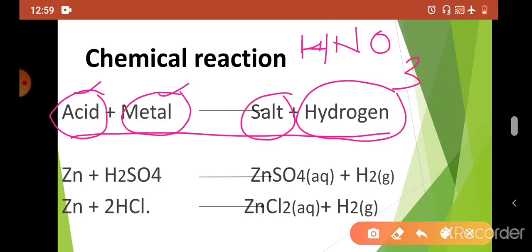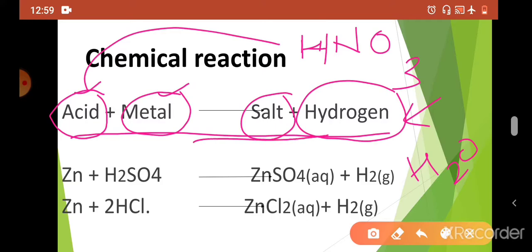So instead of hydrogen, it's going to produce what? Water, H2O. So if you take this acid as HNO3, it's going to give you H2O instead of hydrogen. But for the rest of the acids like H2SO4 and HCl, the same reaction follows. So one exception you have to remember, HNO3, which is an oxidizing agent, instead of hydrogen, it's going to give you H2O. Right? If you go to the other acids, that is HCl and H2SO4, only hydrogen gas is